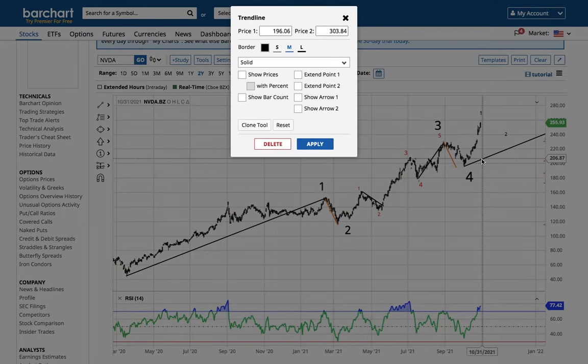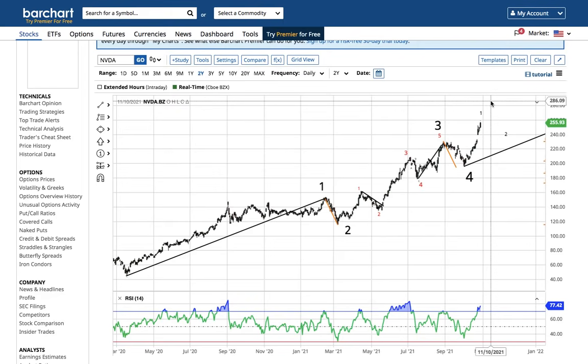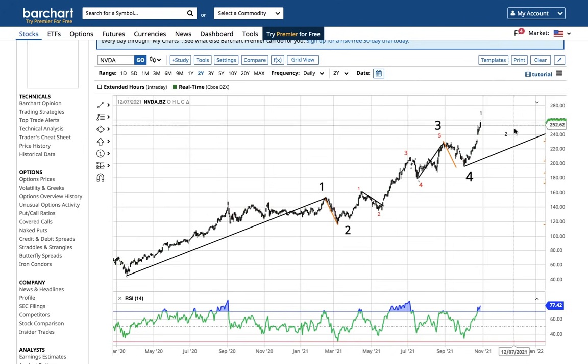So I think most people's instinct when we have a huge up week like this is, what's the next tiny corrective wave on the smallest degree that I should freak out about? I think that the message right now is that, whoa, we've got a lot of evidence that Nvidia is going to 300, SPY is going to 500, and Microsoft is probably going past 350. That means that the Nasdaq is going to at least 416, and that there's going to be some music playing during that time if you know where to find it.